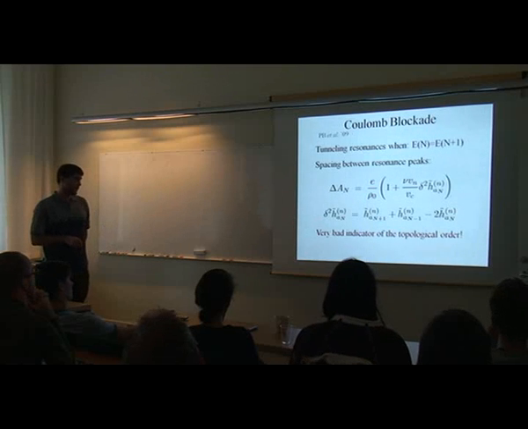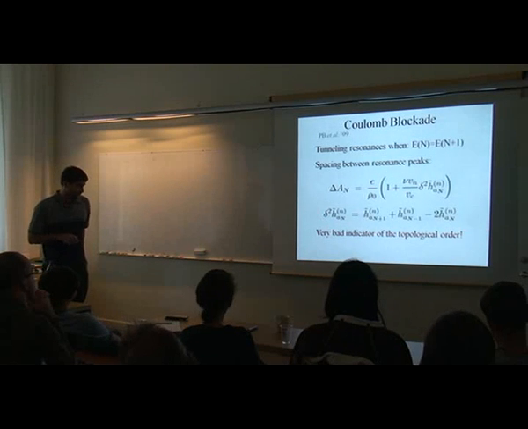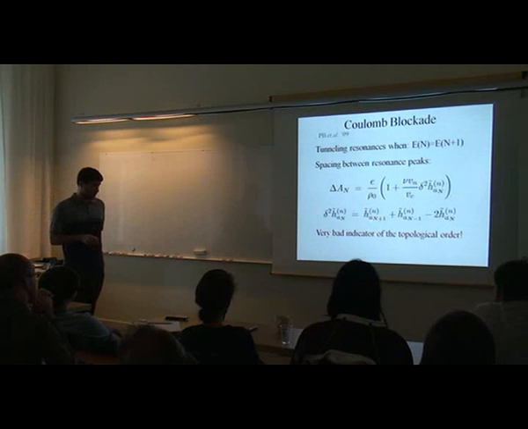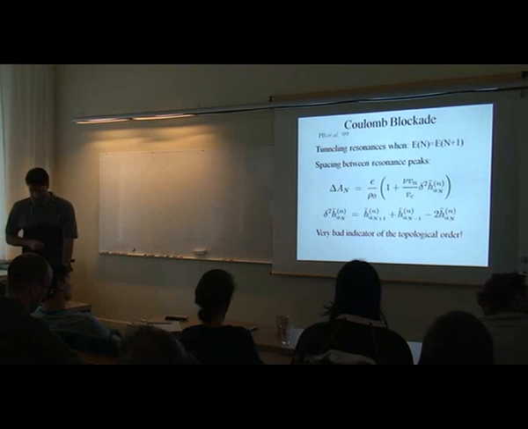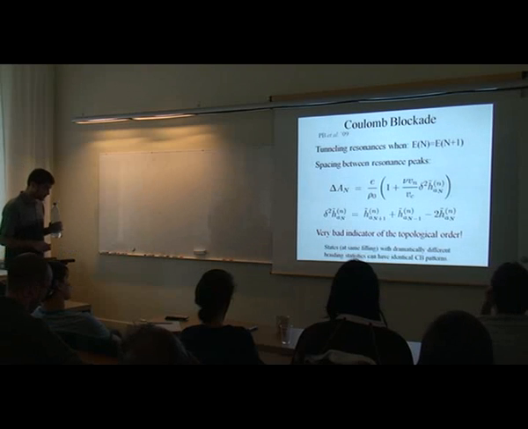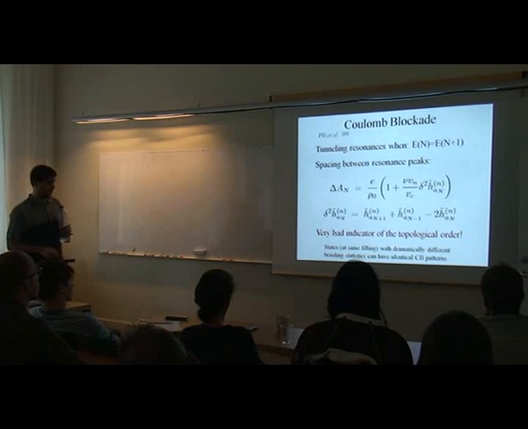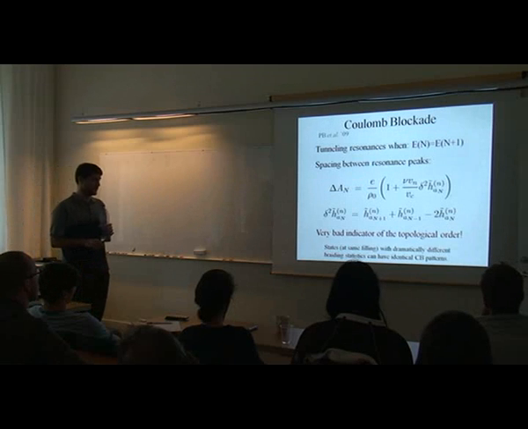And when you have those two, everything else is just easy to compute using this formula here. And based on the fact that you're basically describing the signature by this combination of conformal weights of neutral modes and not anything more inherent to braiding statistics, I argue that this is actually a very bad indicator of topological order. And in particular, you can have states at the same filling fractions with dramatically different braiding statistics producing exactly identical